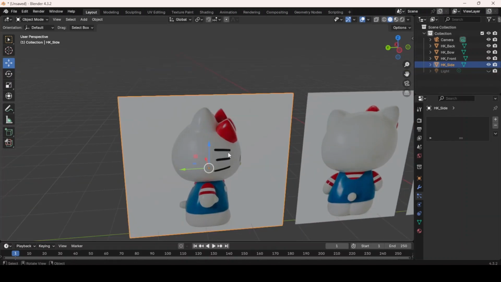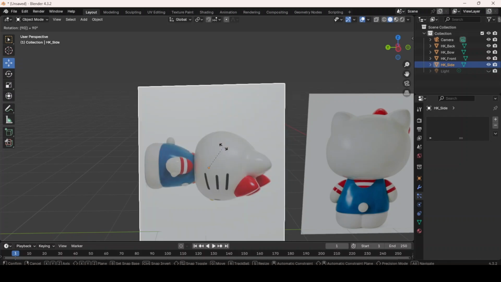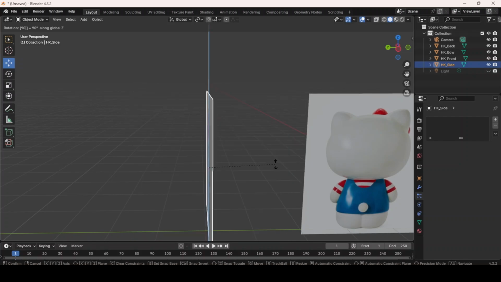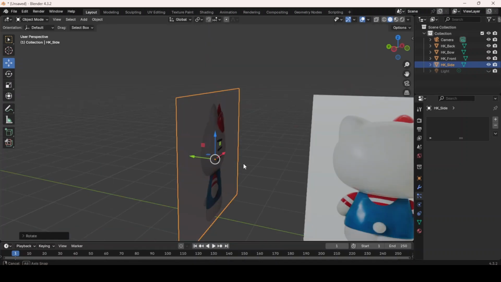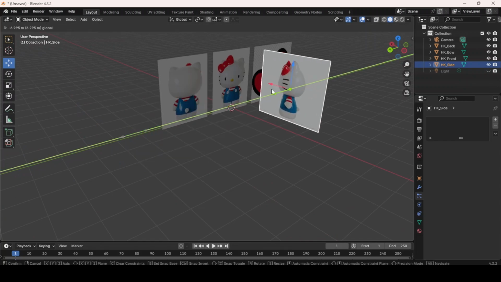I'm clicking R, which you remember means rotate. Now I want to rotate this 90 degrees, so I'm just going to type 90. That doesn't seem right, so I want it to be 90 but facing along the Z-axis. So I'm going to click Z. There we go. I'm going to move this back in space, but it's kind of facing the wrong way because